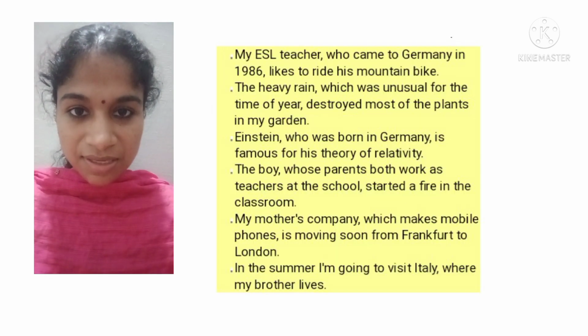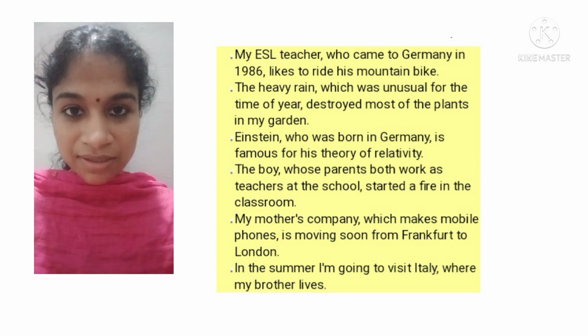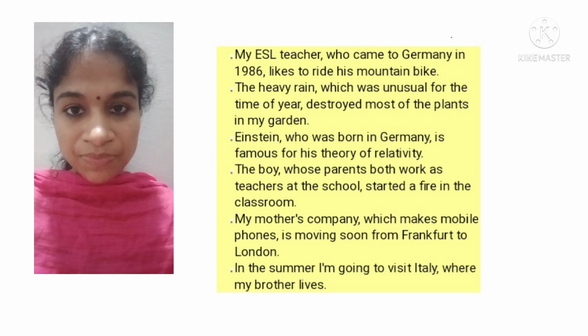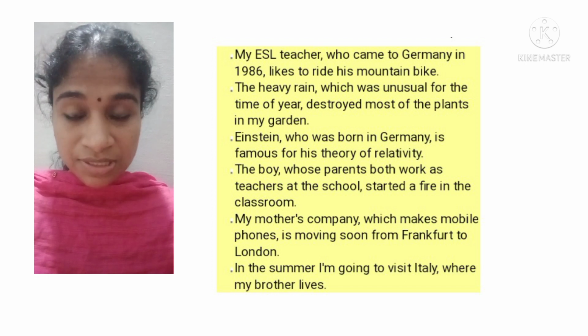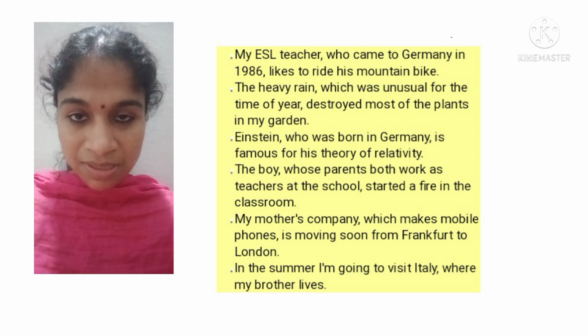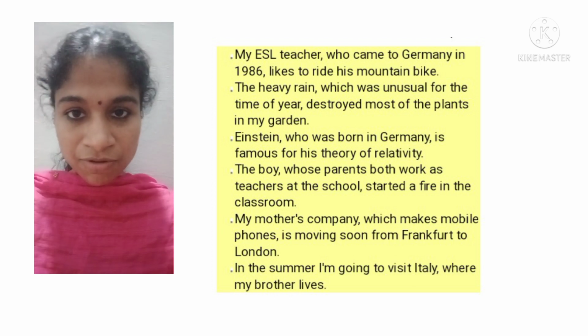Some relative clauses are not used to define the preceding noun but to give extra information about it. Okay, here are some examples. In such cases, if the relative clause is giving extra information, then we have to separate it off by commas. It is compulsory to use commas. It must be separated off by commas if the relative clause is giving extra information, not defining the preceding noun, but giving extra information about the noun. We have to use commas.